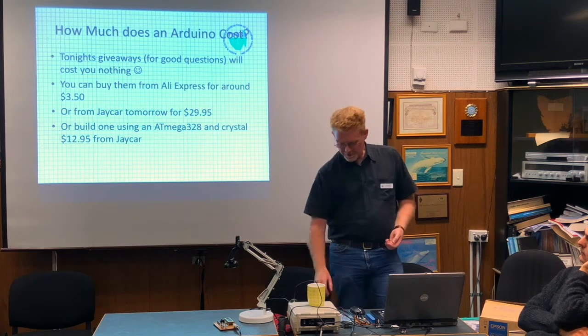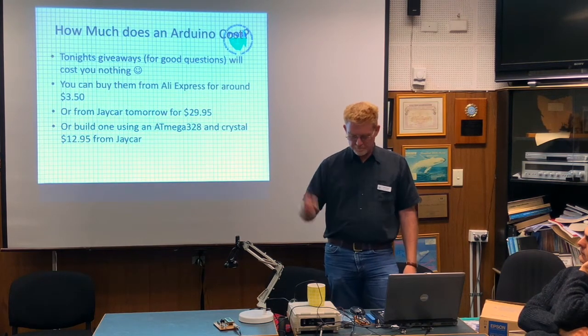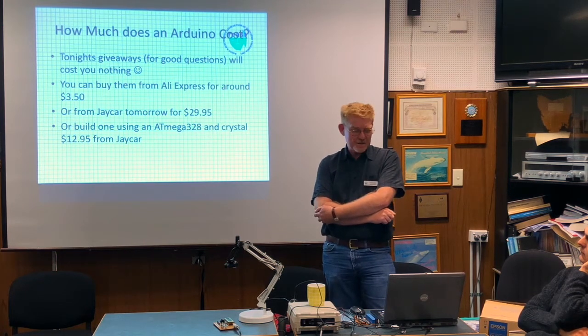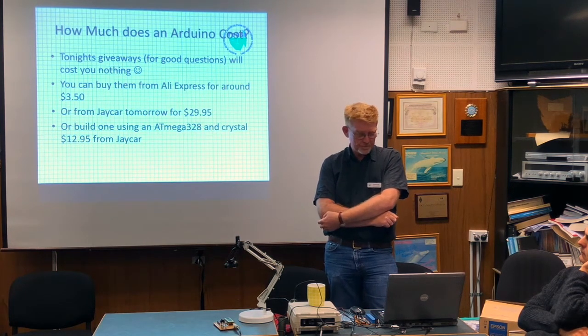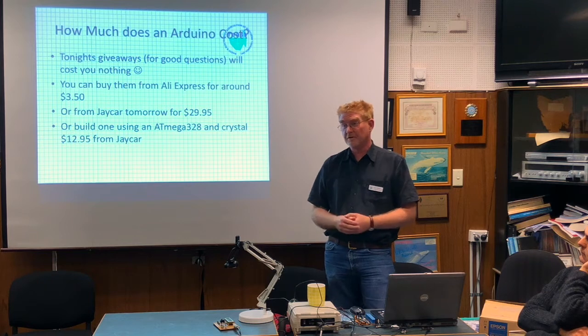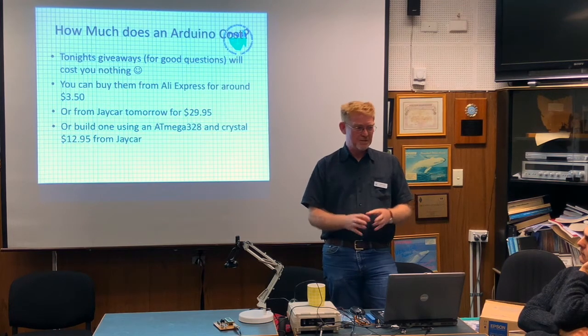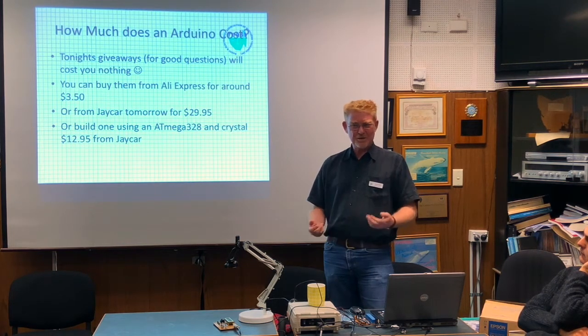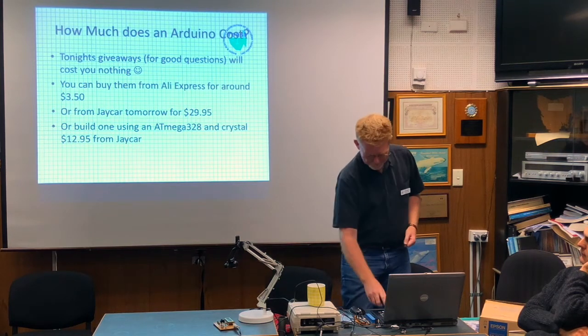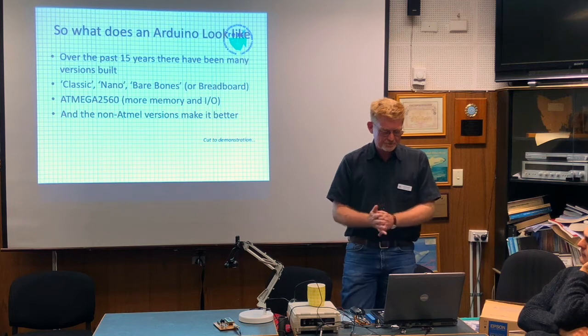Went through the cost there. These ones from AliExpress, $3.50. I was out at JK yesterday. You can buy them off the shelf tomorrow without any drills for $29.98. Or if you want to build an Arduino yourself from scratch, they'll sell you the bits and pieces there as well. You can get the microprocessor for $12.95. Again, immediate stock, immediate gratification. Or you do what I do, buy from AliExpress, and when they turn up, I'll use them one day, I'm sure. Those little bags look the same after a while.